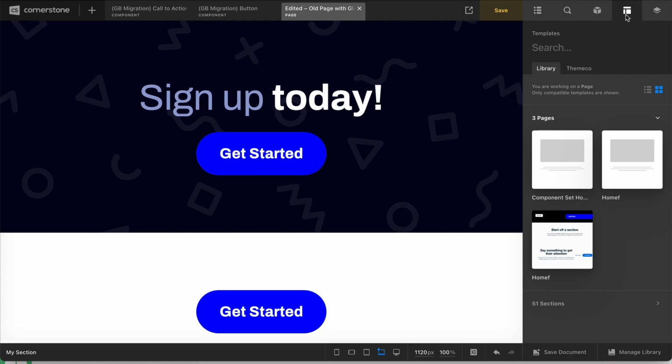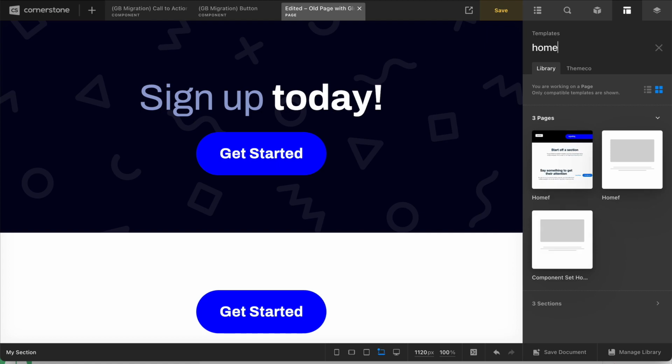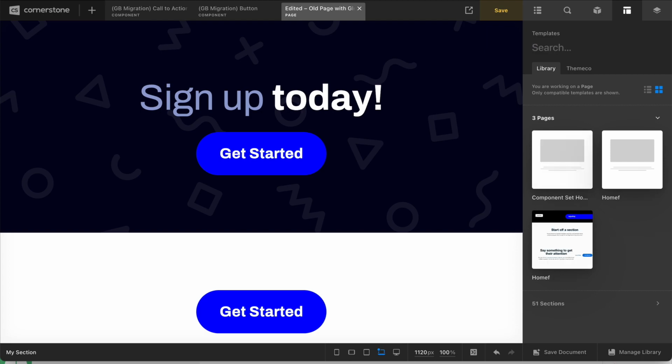And this is a big feature that we worked on for a while to just kind of streamline how you as users access your content and can quickly get to things that you need to work with. So just like the element library, if you need to do a quick fuzzy search, you can do that up here. Just search for home or anything you might be looking for, and it'll bring up just the assets that